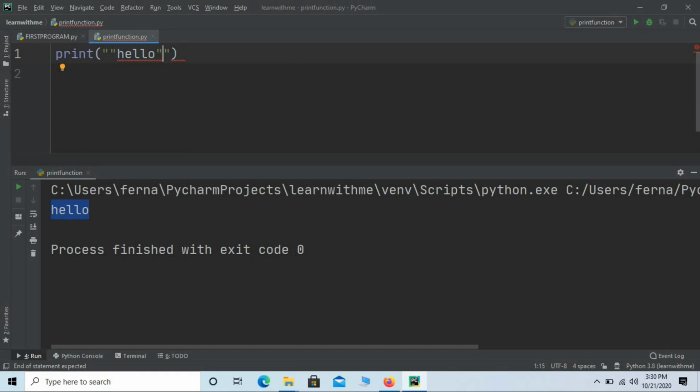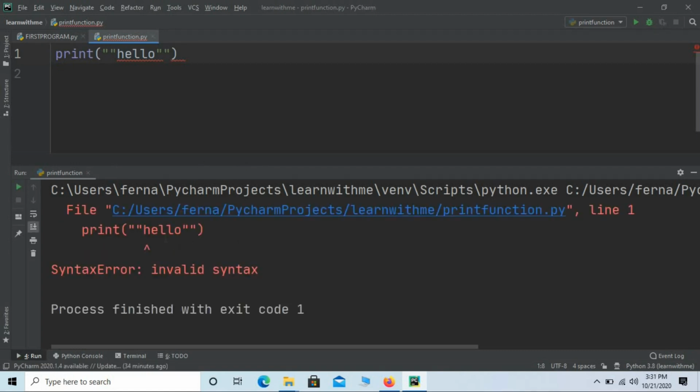Let me just replace this. Even before replacing, if I save this program and rerun the program, it will show me an error saying that it is an invalid syntax, that is double quotes within double quotes. So what can I do? The opening and closing double quotes of the print, I'll just replace with single quotes. I'll remove the opening double quotes, replace with single quotes. I will remove the closing double quotes of the print statement and replace with single quotes, and the inner part, that is hello within double quotes, remains as it is.